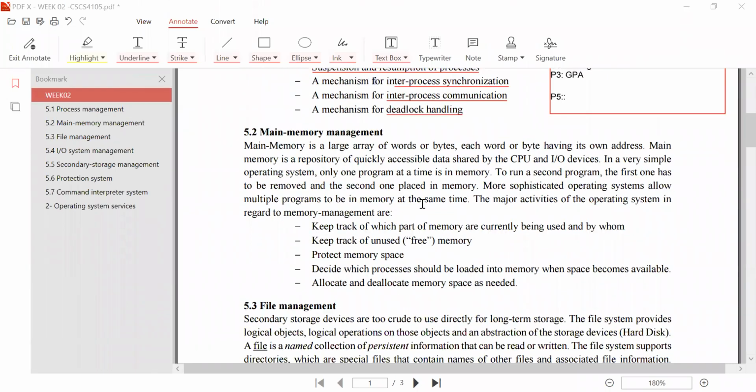Now let's go to the second component, which is memory management. Memory management is also another important component of the operating system. We say that the main memory is like a large array of words or bytes, and each word has its own address. So this is how the memory looks like. The memory is simply a large array of